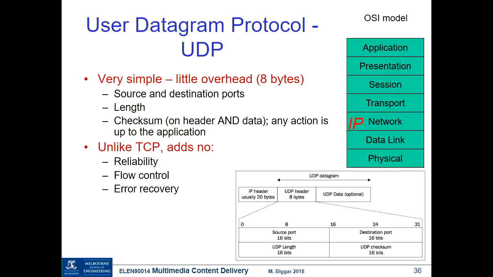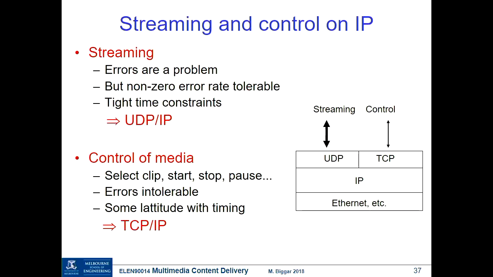Okay. So we're replacing TCP by UDP at the transport layer. So how do we operate a streaming service using UDP? Well, if we take a moment to think about what we're trying to do, we don't just have streaming media, but rather we have control as well, right? Because we need a connection to our server to be able to